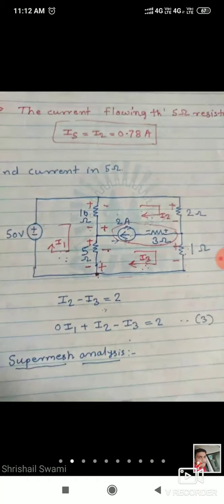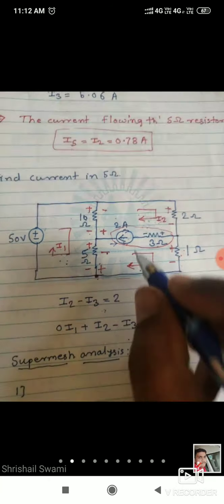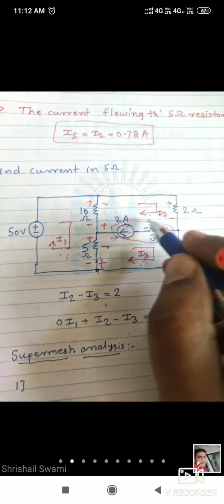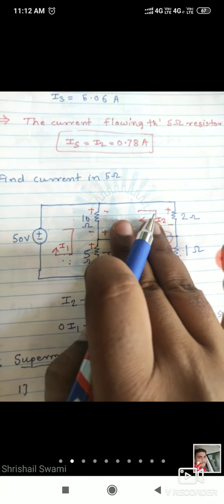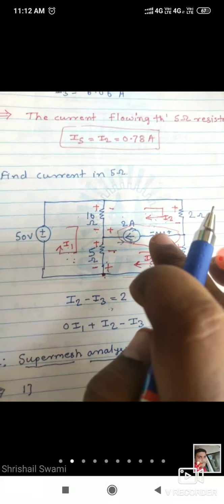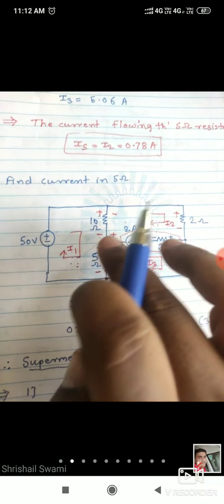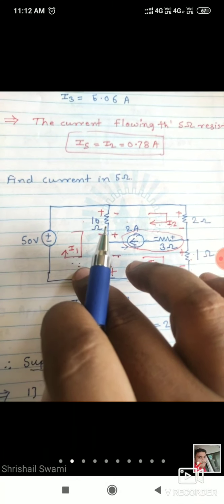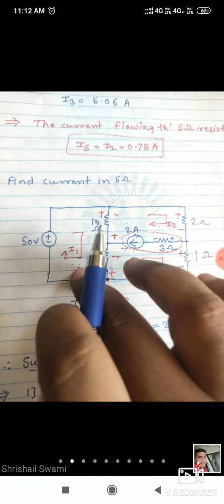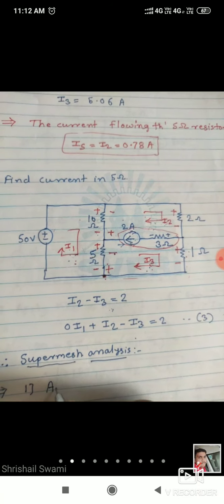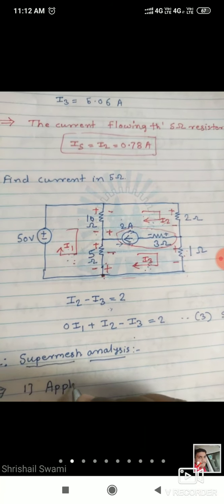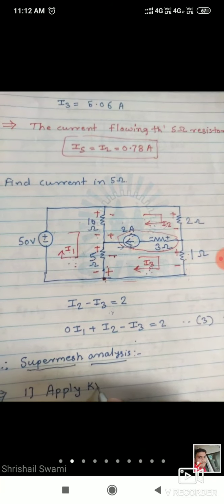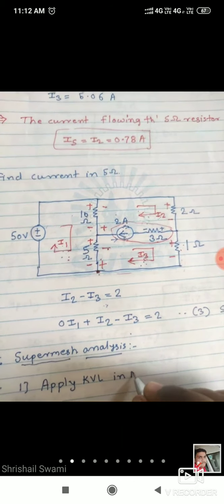So apply the steps of super mesh analysis. First two steps over. This is a part of the super mesh, leave this central part, leave this branch. Apart from this one, if any loop is there, any mesh which is not affected by the super mesh, that is here, the first loop. There is no difficulty to apply KVL in mesh 1. So I will write, that is step number 3 in the super mesh analysis: apply KVL in mesh 1.